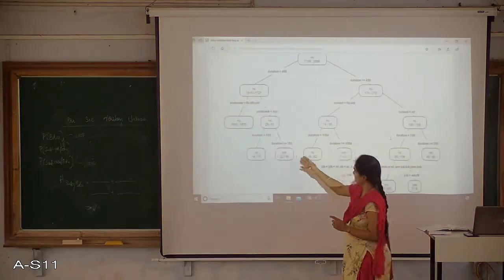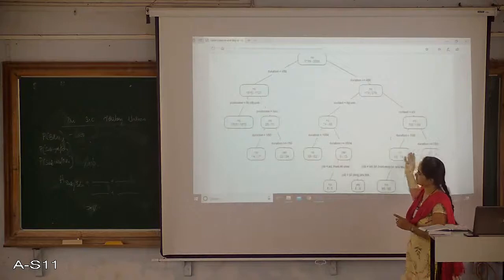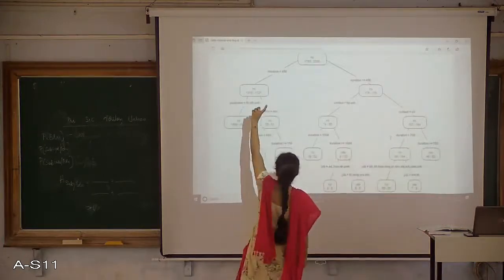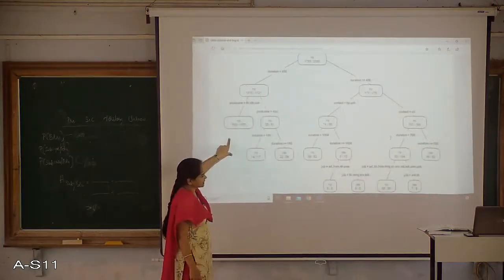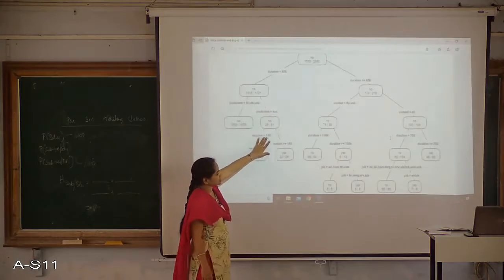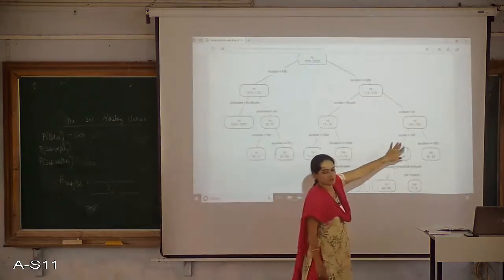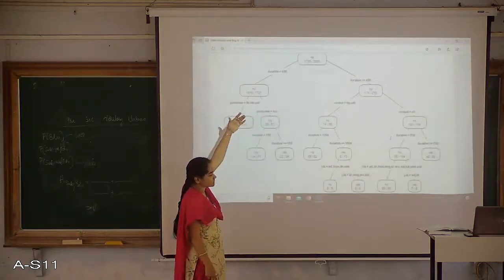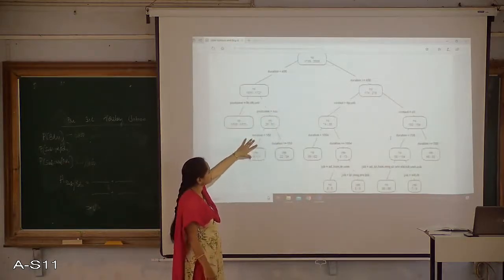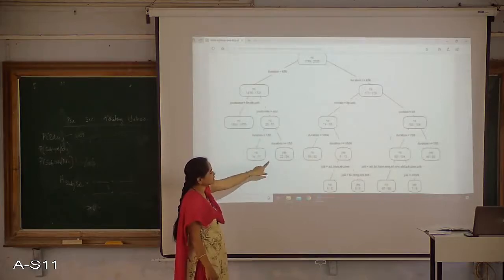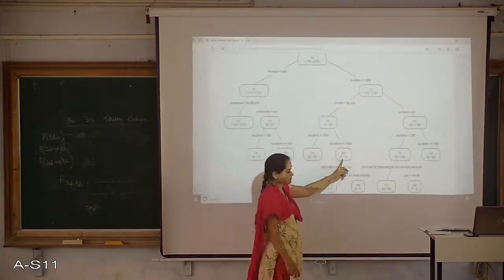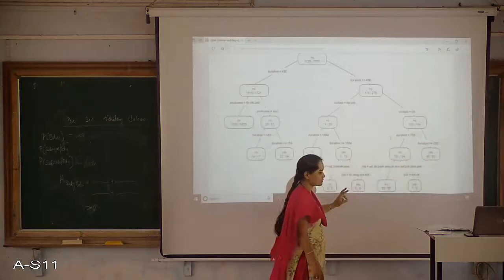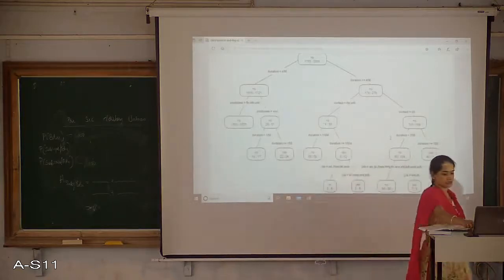You can find the different values at this depth of 1, 2 and 3. At the depth of 3, I am considering duration here, right? I already made a decision based on the duration, but I won't go into a deeper value of the duration. Based on that, I am making a decision, right? So this is how it is going to be decided.